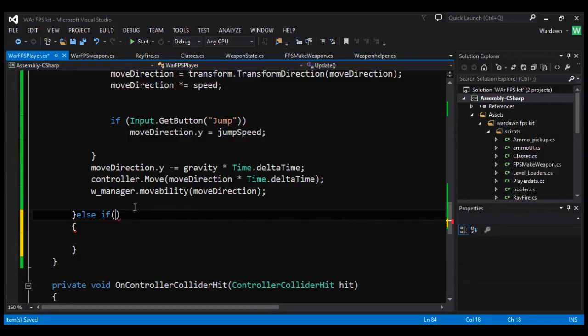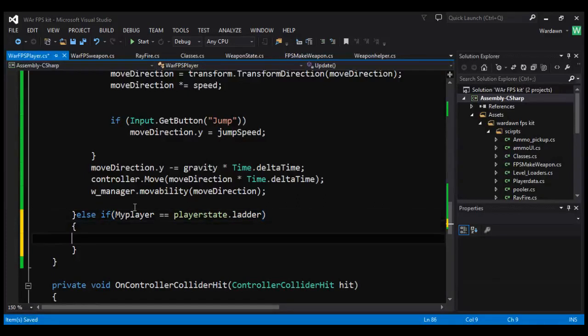And it's if my player equals player state walking, and this could be ladder. Okay, if it's ladder, which is a public field, so technically, you could